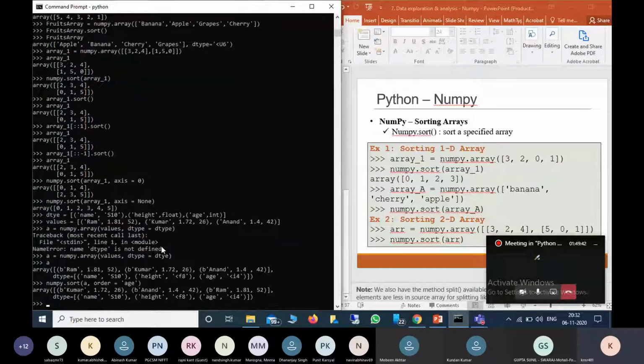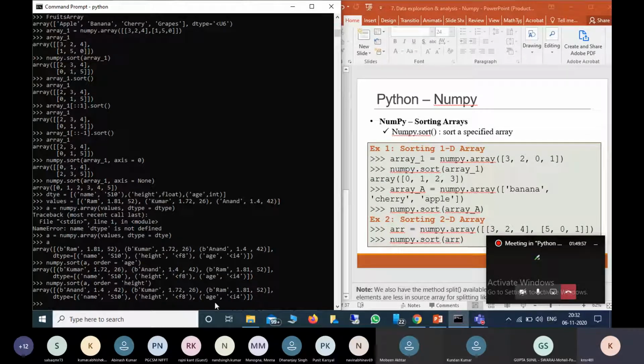This will give the result according to the age, so it will give 26, then 42, then 52. If I want to do it in terms of height, I can give height. Then it will come 1.4, 1.7, that is Anand, Kumar, Ram. Earlier it was Kumar, Anand, Ram. So in this way we can create names for each column, and we can also sort according to them. So is it clear?